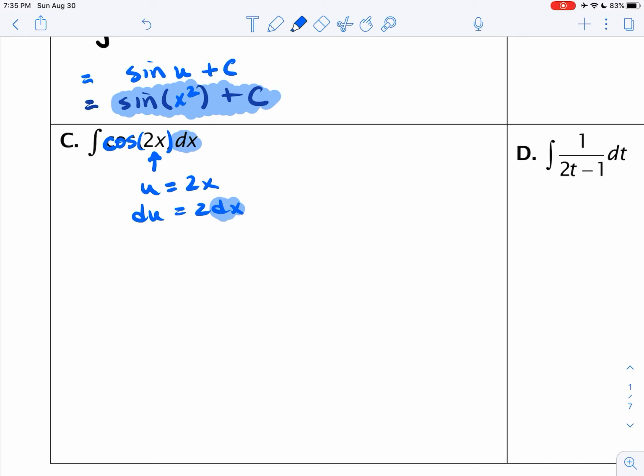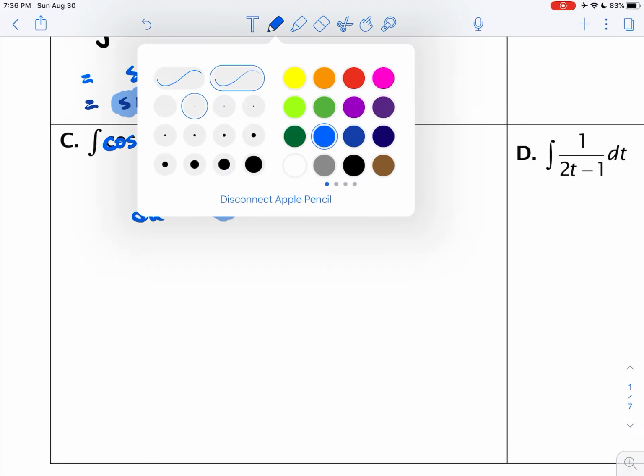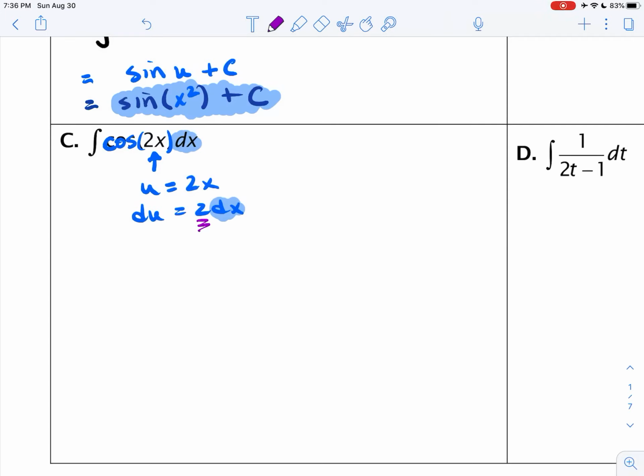But I can multiply by 2 and then divide by 2, and that's the same as multiplying by 1. And if I just multiply by 1, I'm not going to change the value of the overall integral. So that's what I want to do. If I need a 2, I'm going to multiply by 2, and then I'm going to divide by 2 on the outside. So then I can extend my shaded here, and I can see that my 2 dx is going